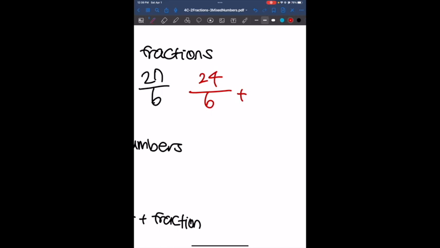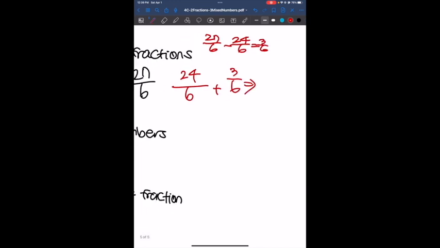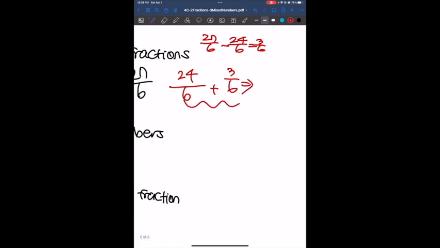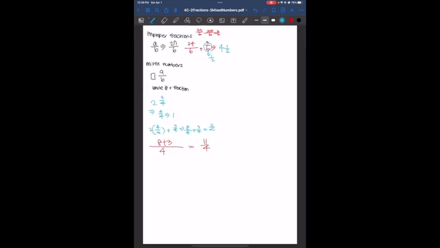Then we know that we still have 3 over 6 missing, because 27 over 6 minus 24 over 6 is going to be 3 over 6. And so this combination gives us 27 over 6. But then we know that 24 over 6 is 4. So that is going to be our whole number. And then we simplify this fraction into 1/2, and that's going to be the fraction portion of our mixed number. And so, yeah,